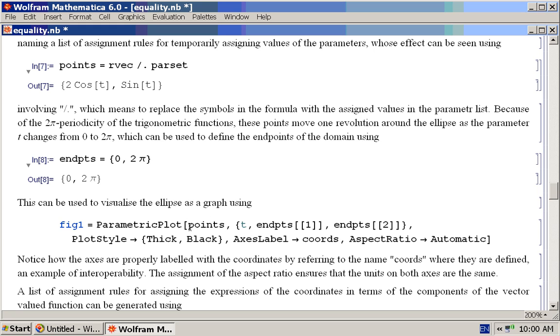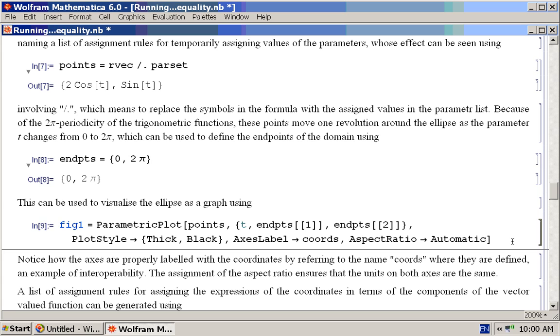So points is now the name of the vector-valued function, and we're going to plot it for t going from the first endpoint, which is 0, to the second endpoint, which is 2 pi, and we'd like our curve to be thick and black. Our axis labels are going to be the coordinates, so we write that, and we're going to make the aspect ratio automatic, and we'll see what the effect of all this is. We just execute this,